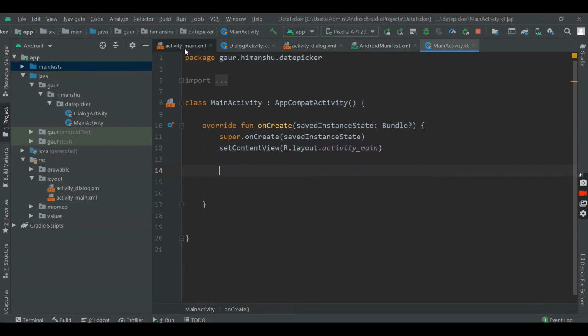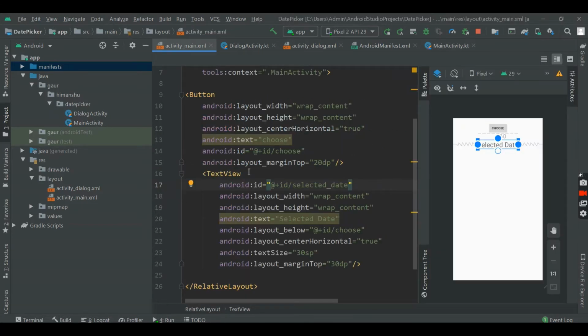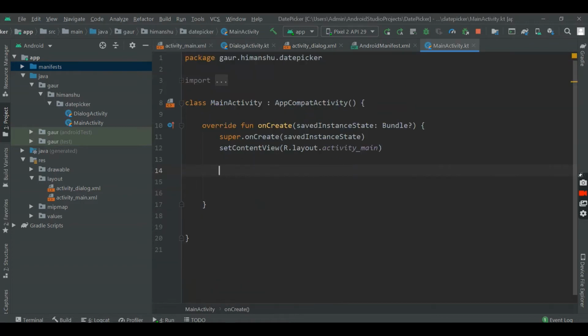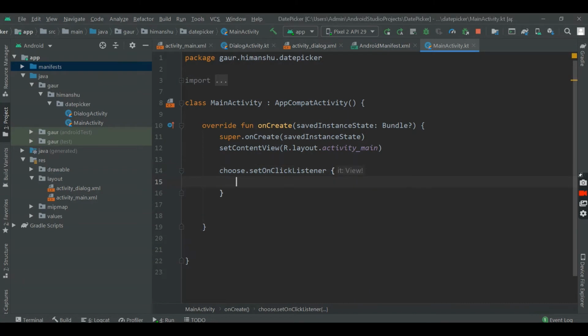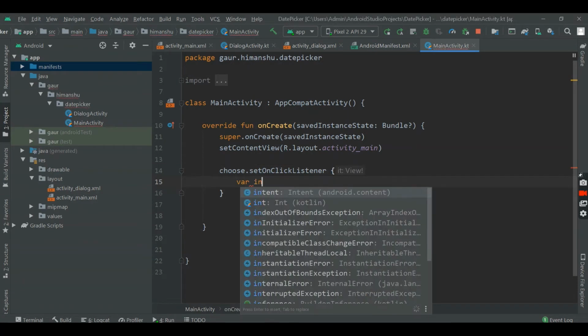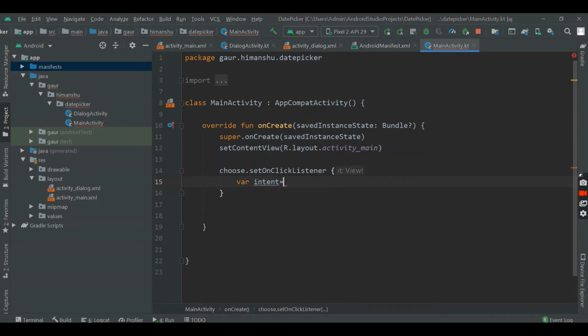First let's check what is the ID of our button. In my case my button ID is choose and my text view ID is selected date. So add a choose listener, set on click listener. It's simply used to jump from this activity to another activity.